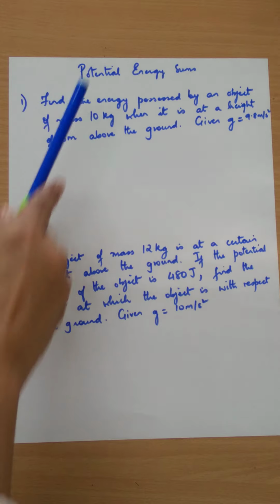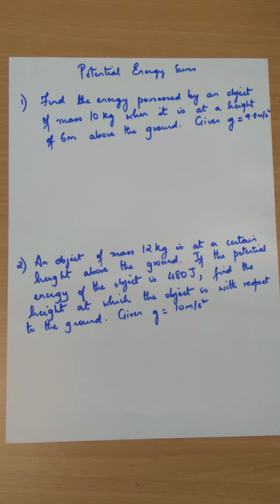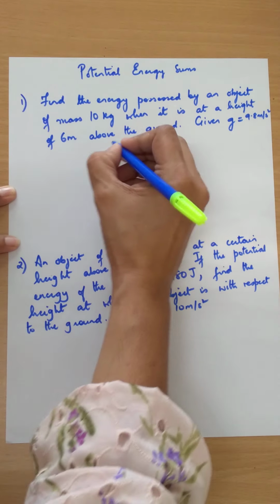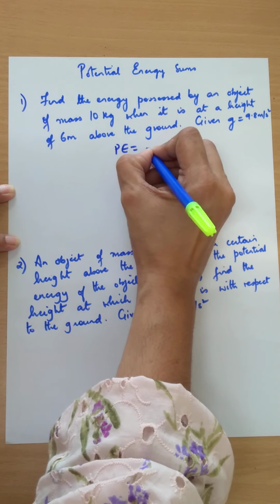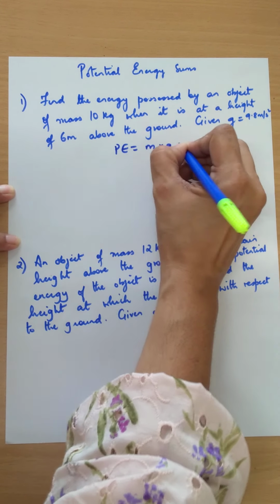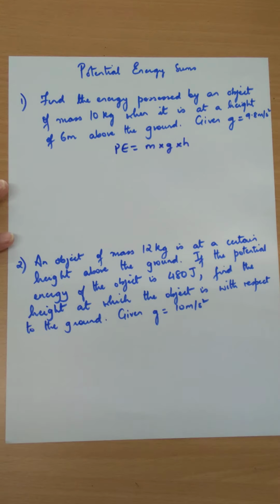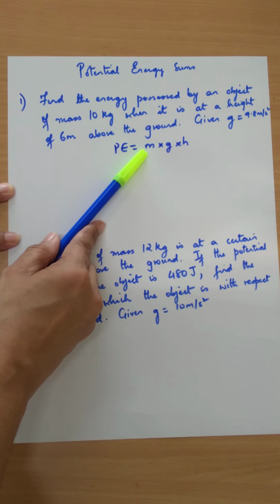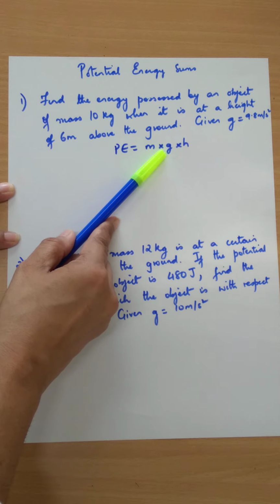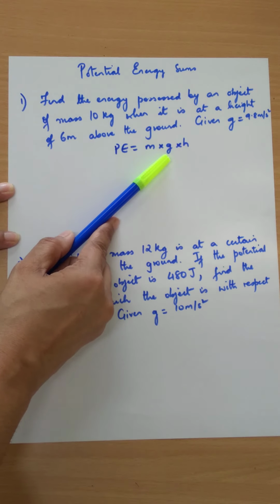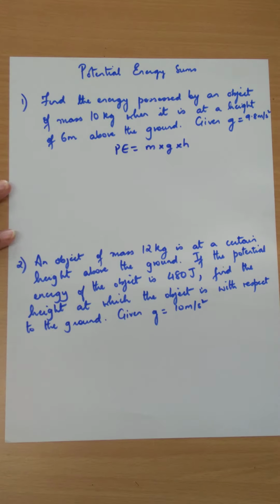Now today we come to the next subtopic in the lesson work and energy, and that is the sums on potential energy. We have seen yesterday that potential energy is nothing but m multiplied by g multiplied by h. So m is the mass of the object, small g is acceleration due to gravity, and h is the height or the distance to which the object is moved. Now let us read the sum and substitute the values.